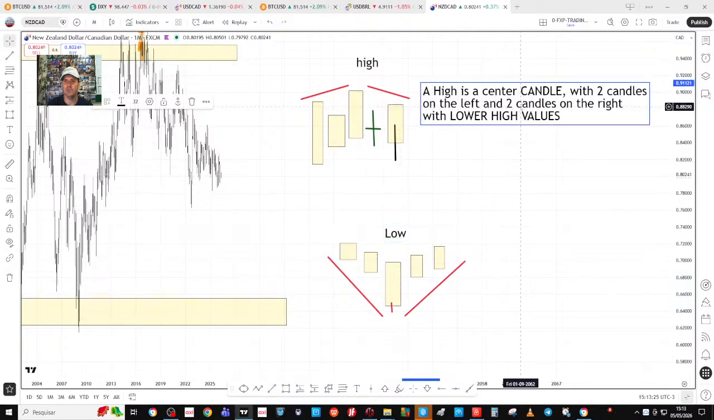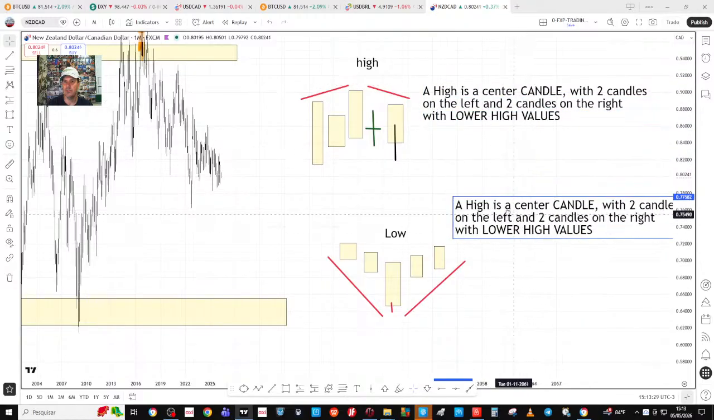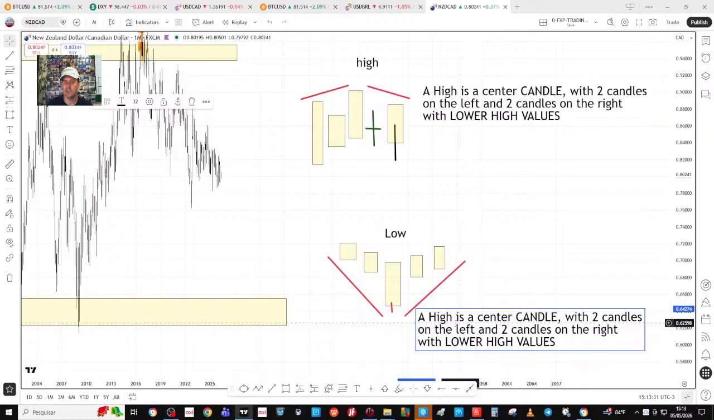Alright, everybody? So I'm going to clone this, and we're just going to change it. A low is a center candle with two candles on the left and two candles on the right with higher